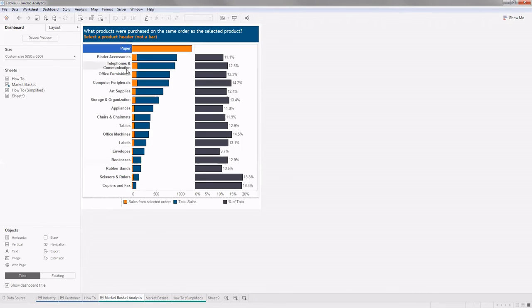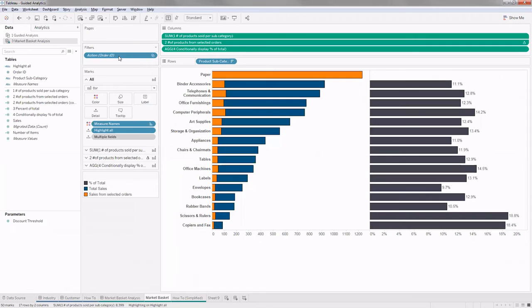If you can recall the calculation that we saw, the blue one is coming from a fixed calculation, and my orange one is coming from the exclude LOD calculation. And my action filter will be added as a dimension filter here. This is the action that I just added on the order ID. And if you can recall the Tableau order of calculation, how these three things will be put in place is, first my fixed calculation will be performed, which is the blue one. Then my filter will be executed, based on my selection.